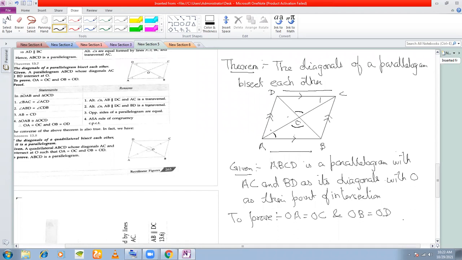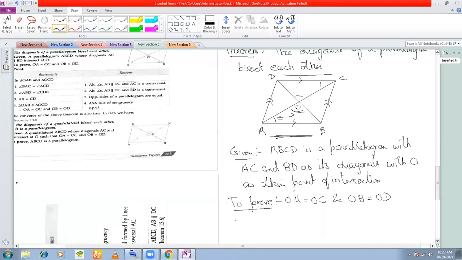Is AB the included side between these two angles? Is this the included side? This is not the included side. So therefore, how can it be angle side angle? These two angles, they include this side. They don't include this side, right? Did you understand why? Why not angle side angle? Yes, did you understand? Yes, sir. Okay.